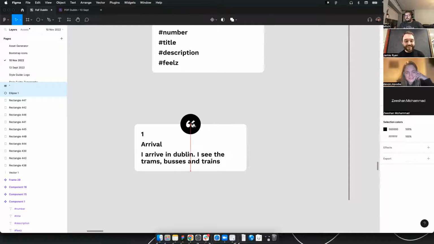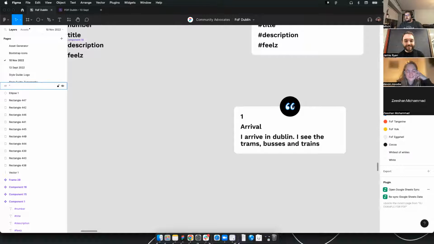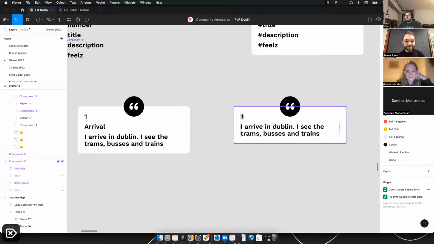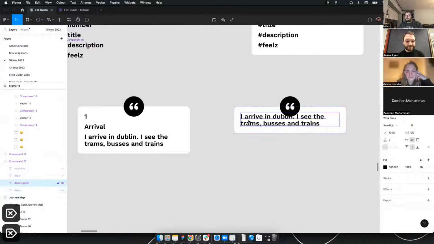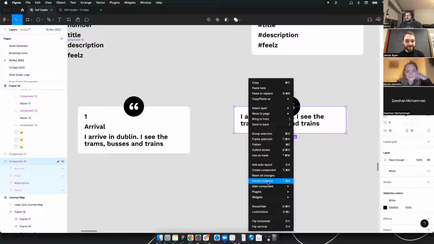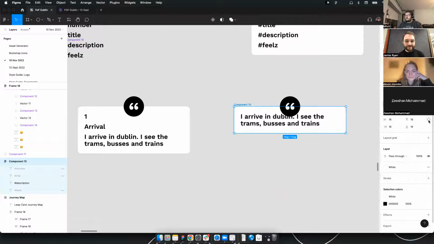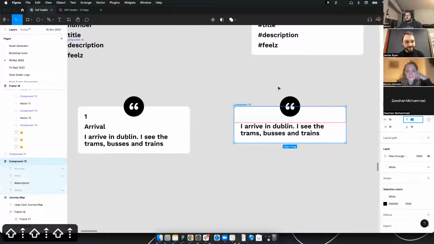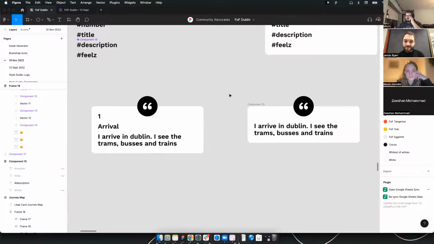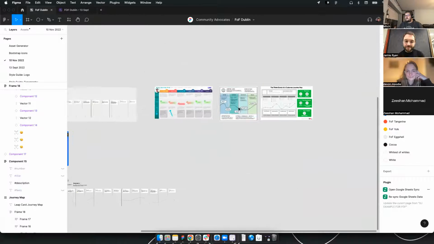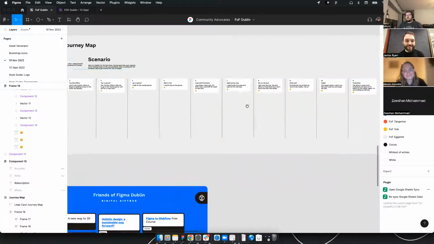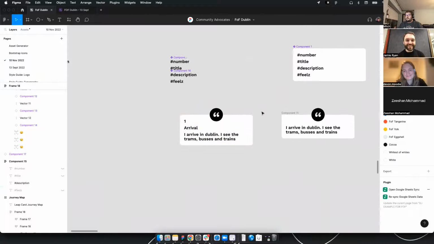So we've got these little quotes, and then another thing that we could potentially do is, for lack of a better term, your actionables. So your opportunities and, what's the other one? Opportunities and pain points. Pain points. Yes, that's it. Oh yes. So